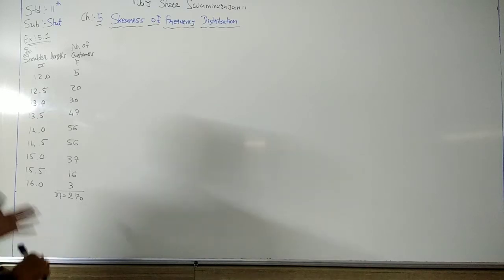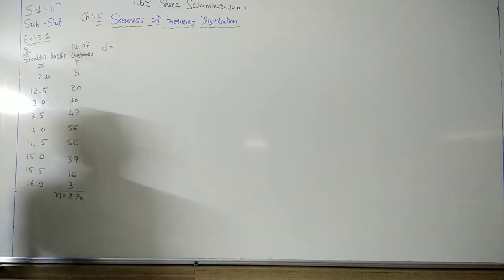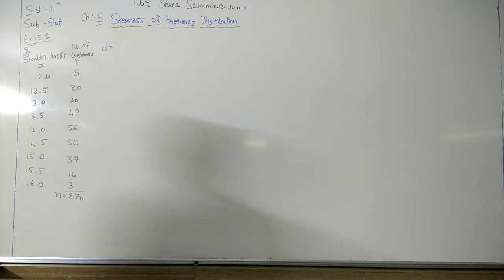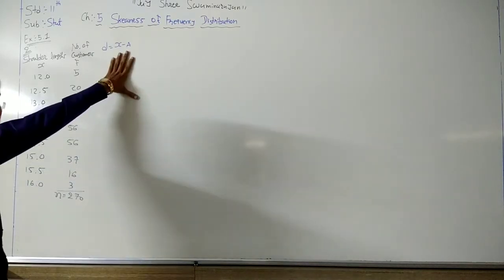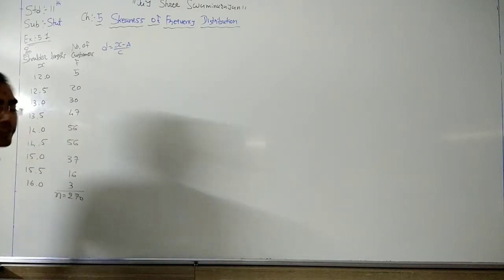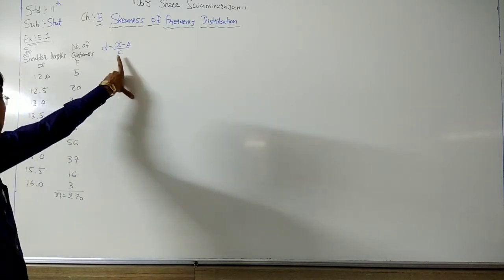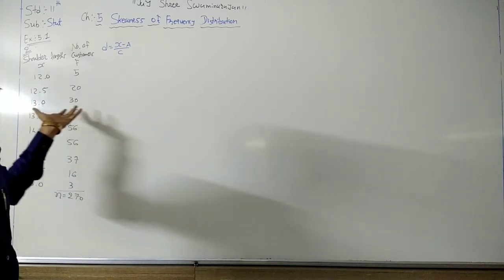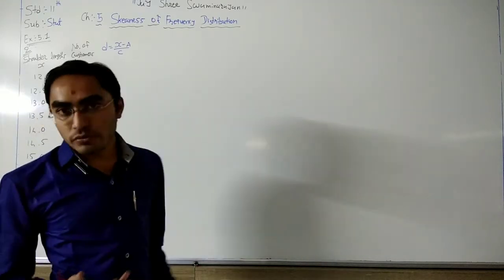So for mean and standard deviation, first of all use the deviation method. Why? Because our numbers are in decimal points. So for D, x minus A, we need to assume A. And here we are also using the concept of C, step deviation, (x minus A) by C. Why do we use C? Because if we assume any number from the x and subtract it from x, we get decimal numbers again, and we do not want that.